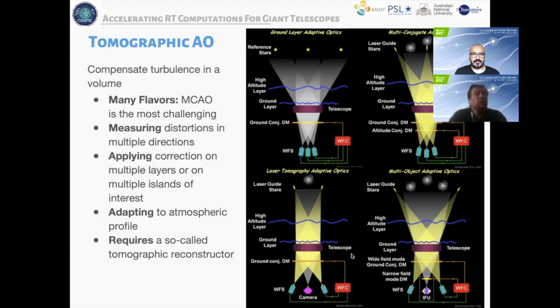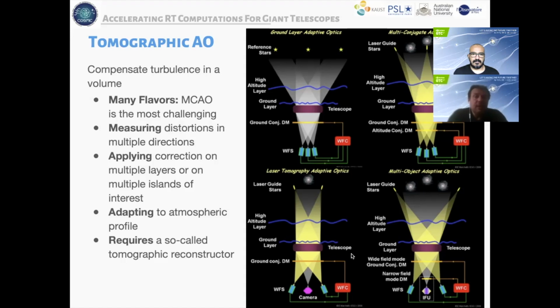We are doing tomography, as it is done in other domains such as seismology. And this provides us with information where we are able to control multiple deformable mirrors that are conjugated to various altitudes in